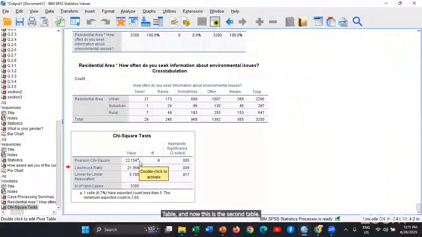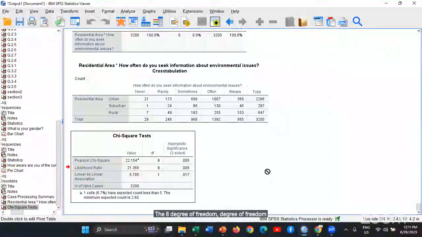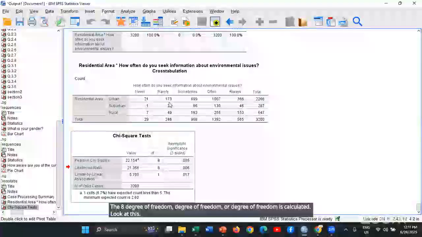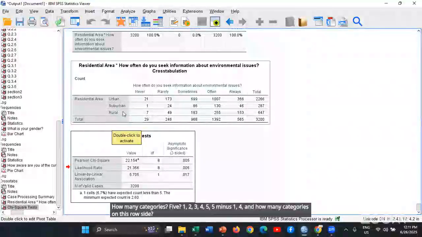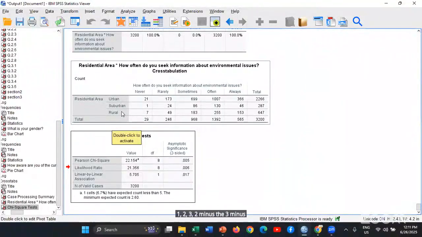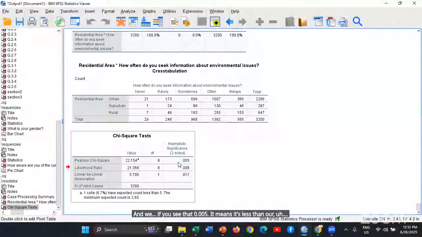The Pearson chi-square value is 22.154 with 8 degrees of freedom. How are degrees of freedom calculated? Look at this: 1, 2, 3, 4, 5 categories, 5 minus 1 is 4. And how many categories on the row side? 1, 2, 3. 3 minus 1 is 2. 4 times 2 gives 8 degrees of freedom. And 0.005 is less than our critical value,